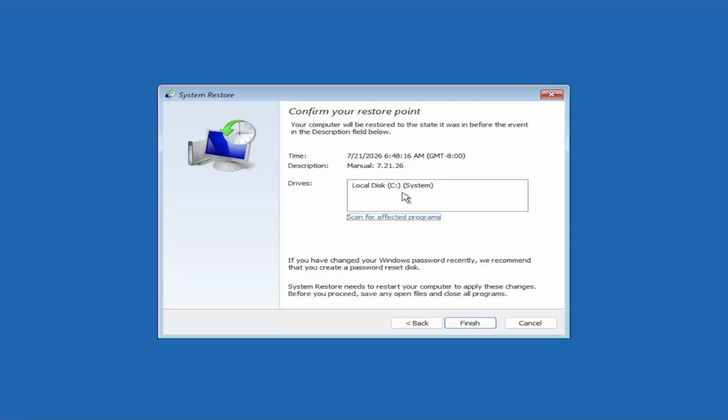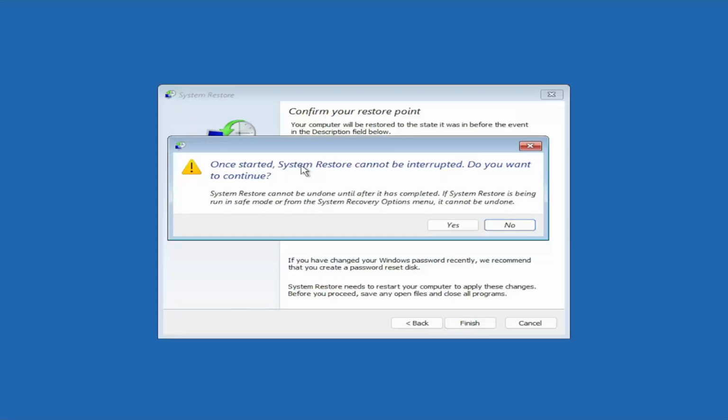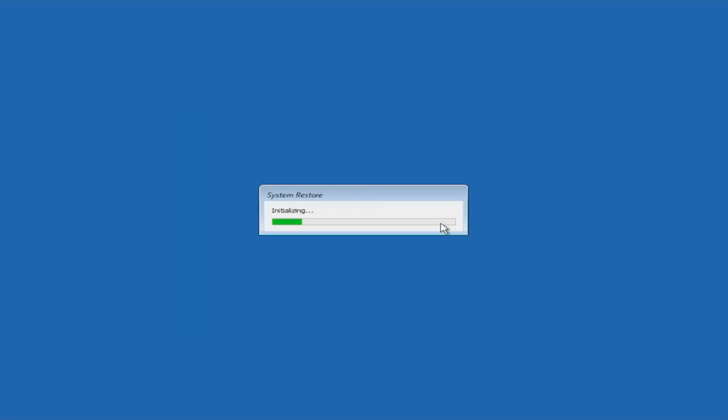You shouldn't actually have to select the drive. You can scan for affected programs, but we're going to keep it all default here, and then we're going to select Finish. So once started, System Restore cannot be interrupted. Do you want to continue? I think we're going to select yes. I don't think we have anything better to do on our computer right now, so just give it a moment